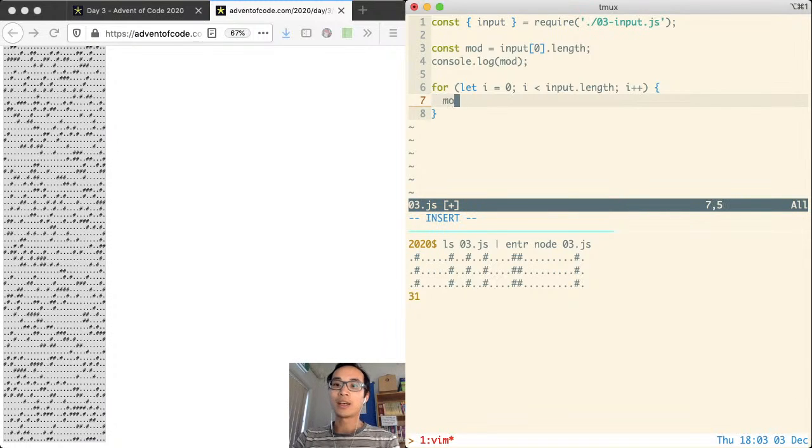We need to say that the cell we're checking is going to be I times 3, modulus, const offset equals that. And so what we want to check is